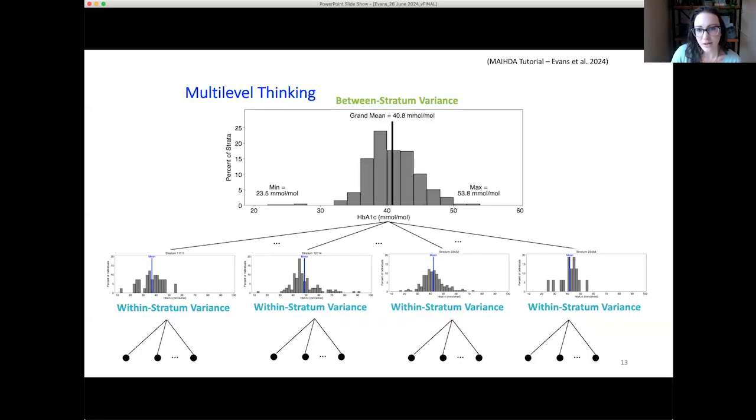But as we move into multi-level world, imagine we took that same data, we split it up into each of these strata, much the same as before, but now we're going back up. We've taken those averages from each group, and I've now plotted the averages. So the grand mean is like the average of the averages. This is now a histogram showing the averages for all of my strata. So here's my grand mean, and around that average across all strata, I have each of my particular strata averages. So I'm thinking about between stratum variance.